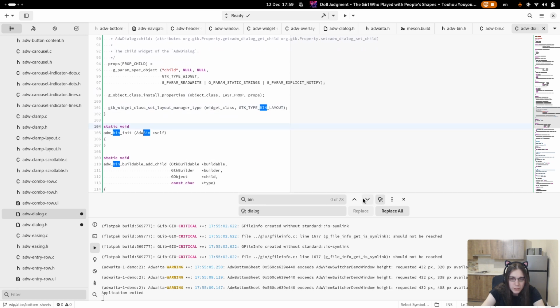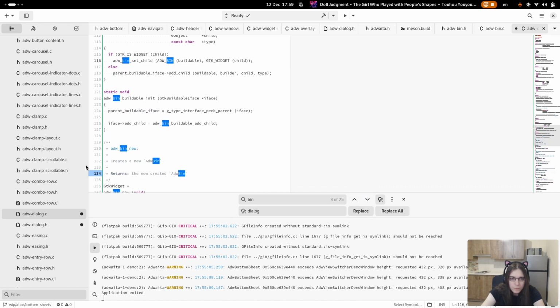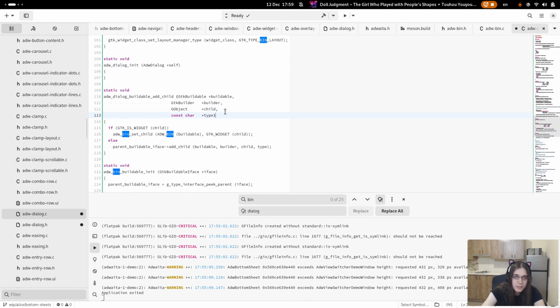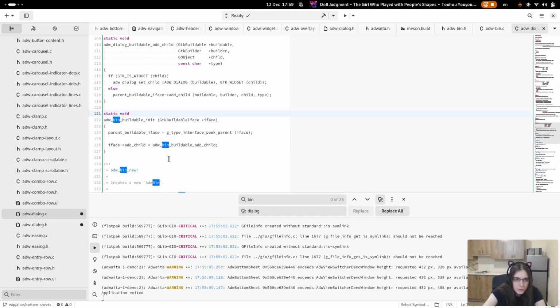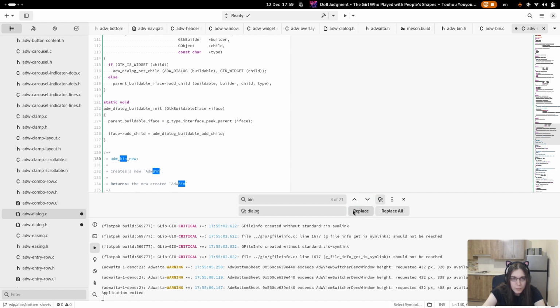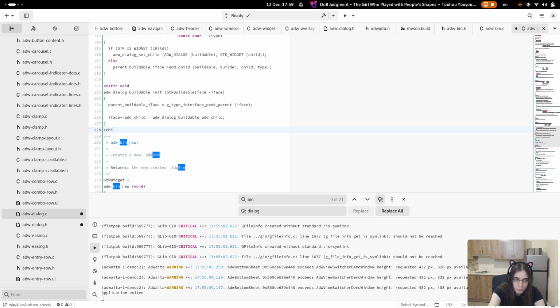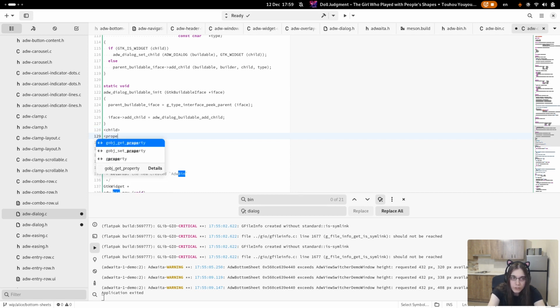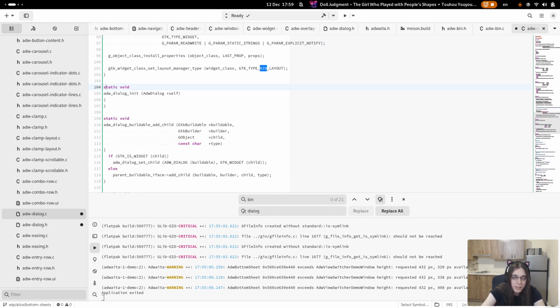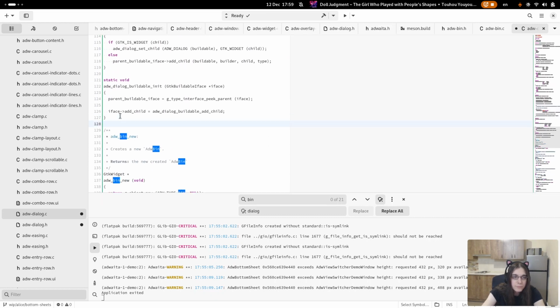This bin layout I'll keep. We have dialog. The buildable interface is needed for supporting this in UI files, and not just this. That's why I have it. Bin new.